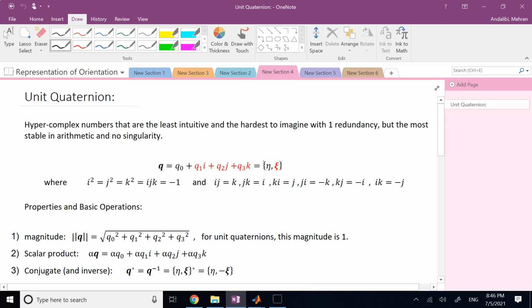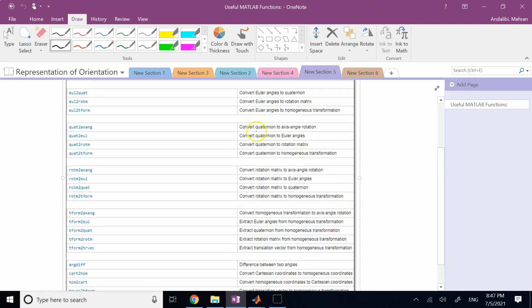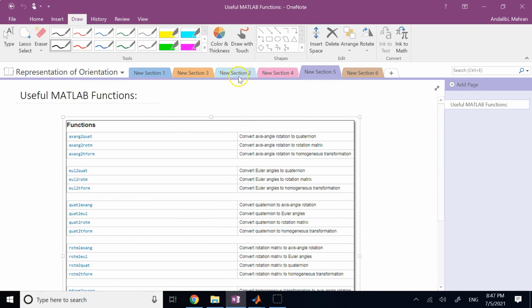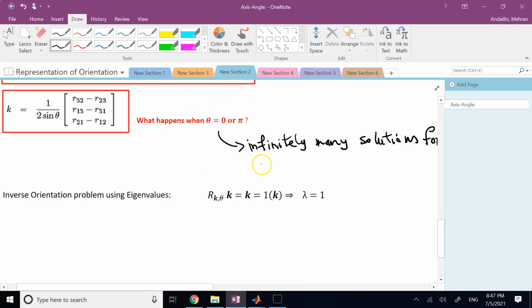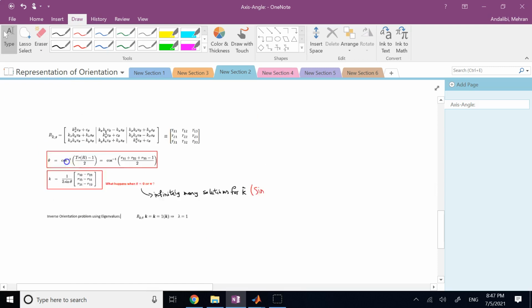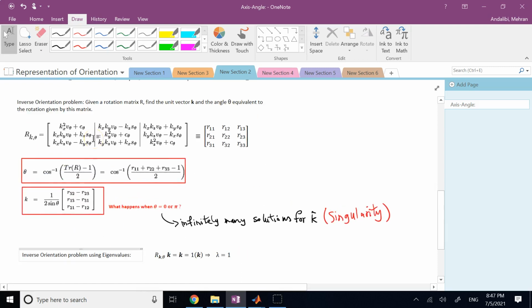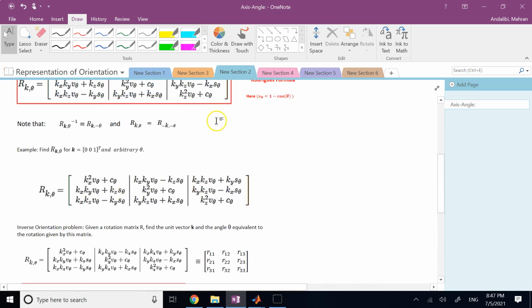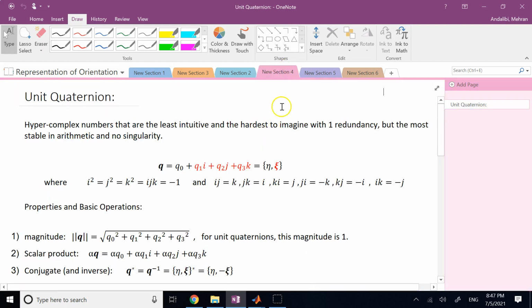Hello everyone. So far we have seen three methods of rotation representation, which are rotation matrix, axis angle representation, and Euler angles. And we have also seen some relevant MATLAB commands for them in my video. At the end of my video for axis angle, I went through some of them and showed you. So now we are going to look at the fourth and the last method of representing orientation,